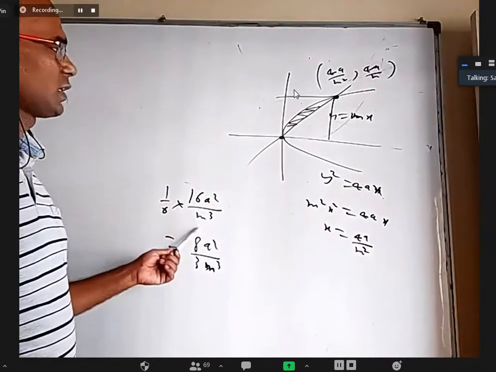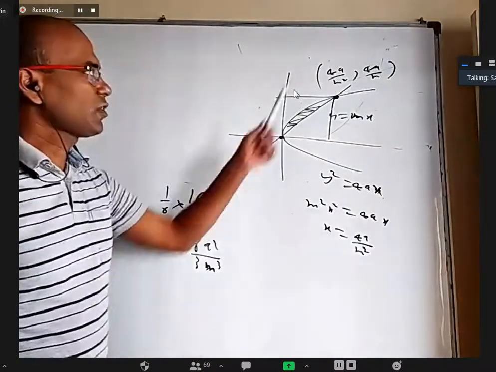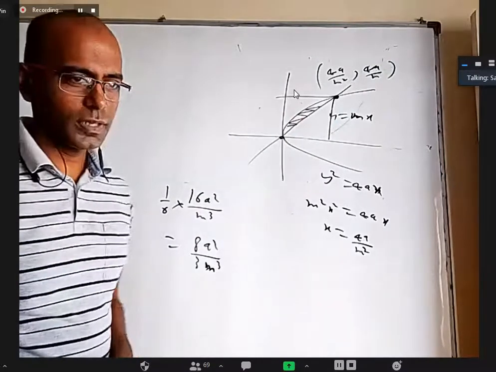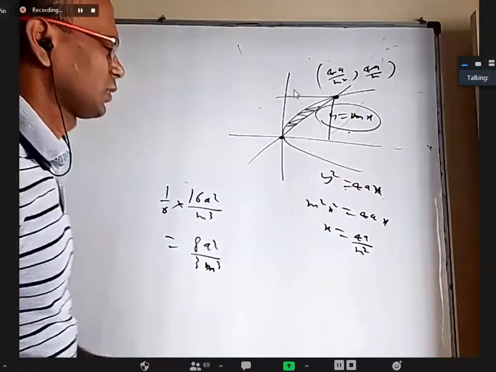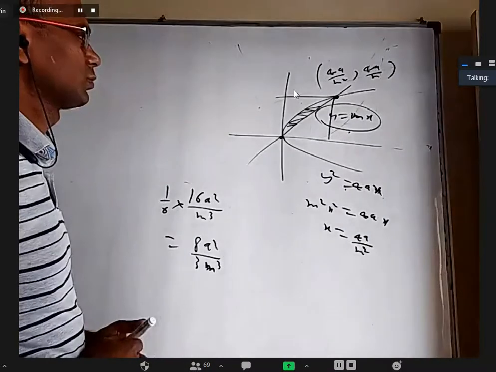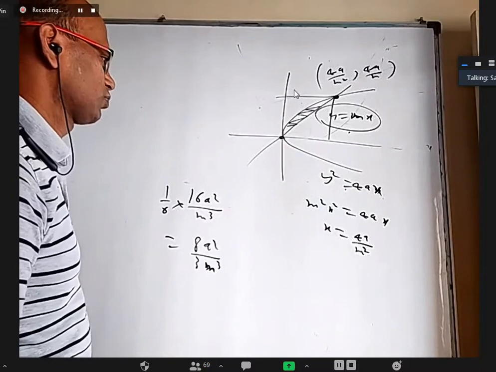Let me see if I can get this more directly. Yeah, I found x and y. Without that also I'll manage, but you have to get the idea. I'm going to cube this and multiply to this. No, that's not good. I'll get y power 5 and x power 4.